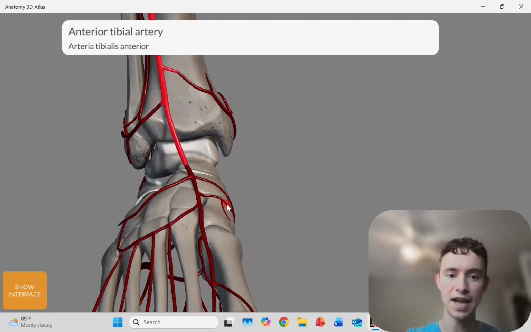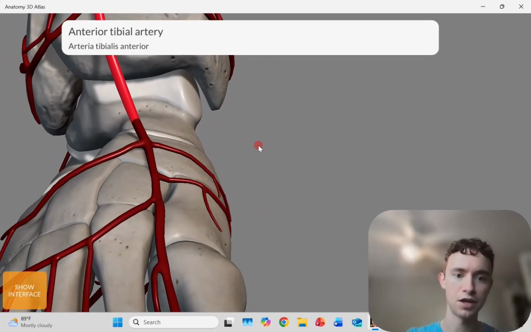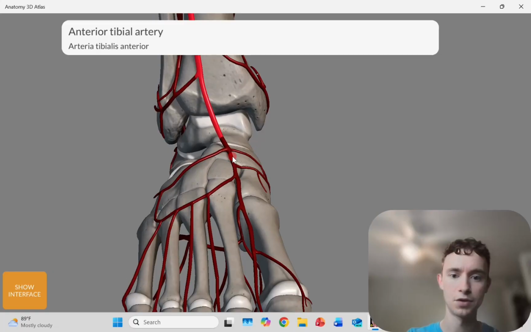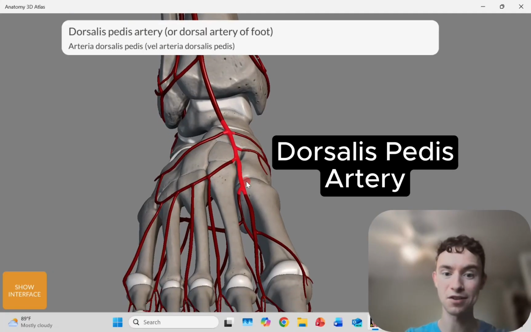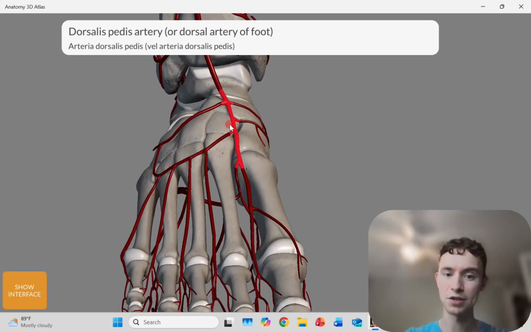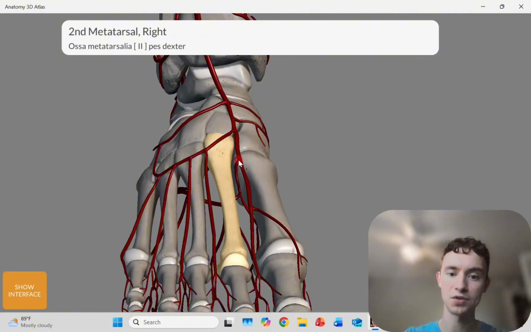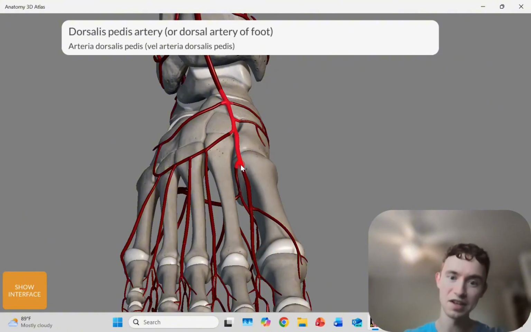and continue down to go to the top of the foot. And if we follow that artery, it'll keep on coming down to form one of the most important ones, the dorsalis pedis artery. Now the dorsalis pedis artery is dorsal. It runs along that dorsal side and is located right in between the first and second metatarsal. This one is easily palpable. You can feel it right in between there, and it's a common assessment and palpation point for distal pedal pulses